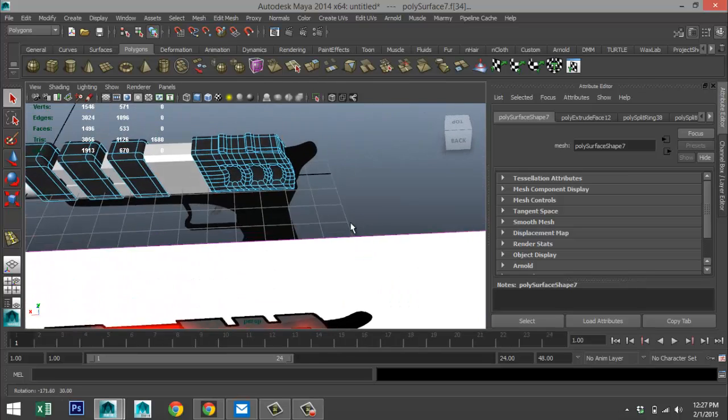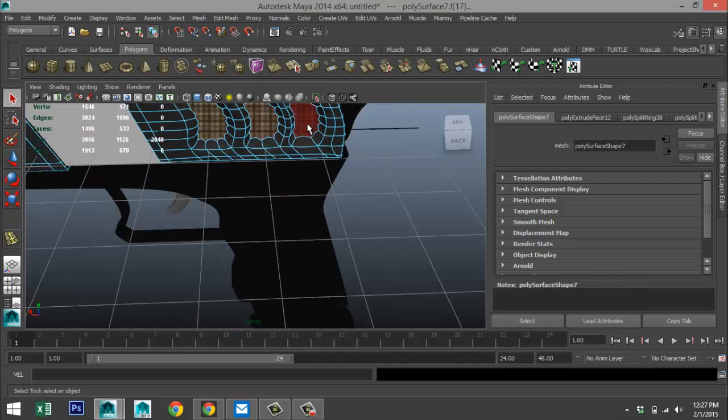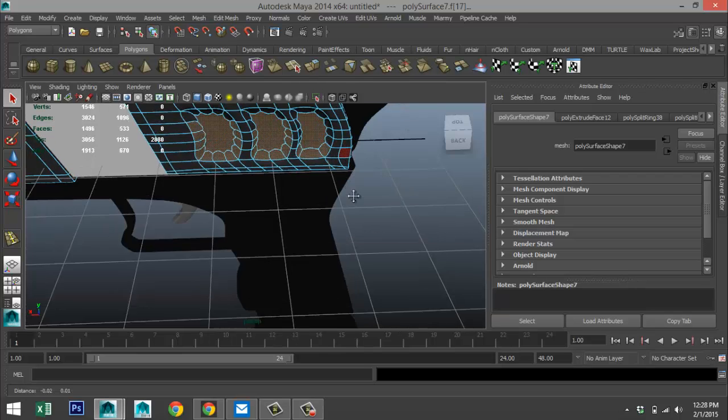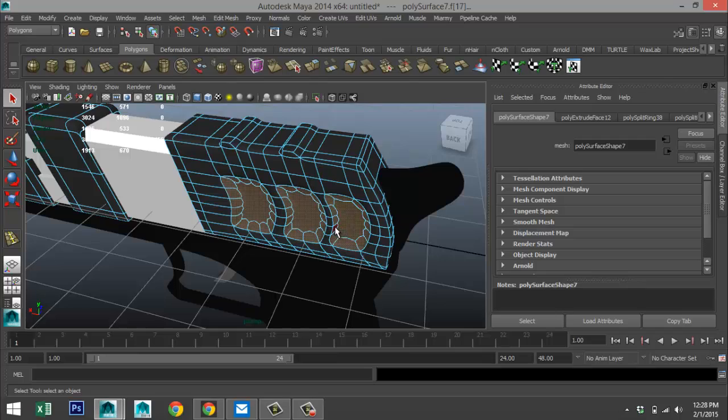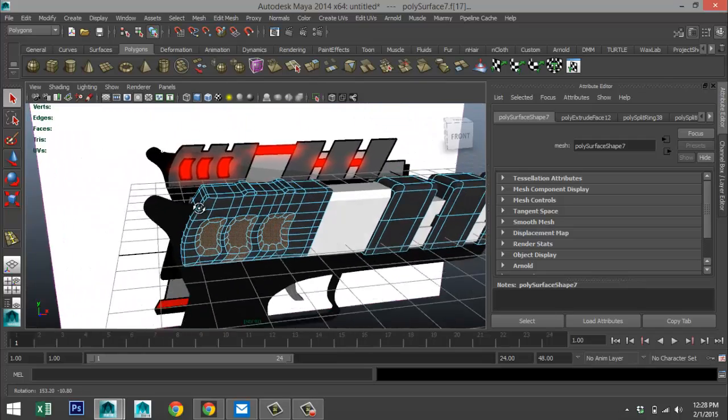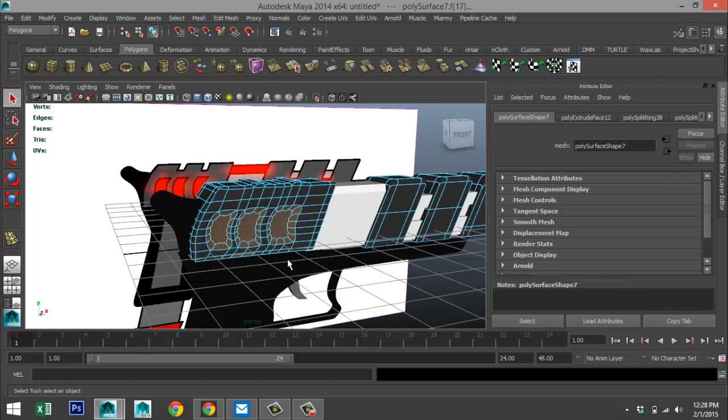And we'll flip it over and we'll do the same at this end. Almost there. So we got all that. We got a little bit too much going on here.